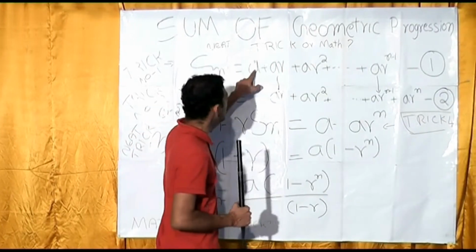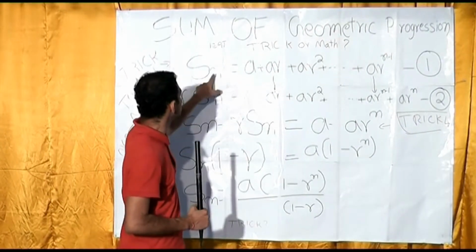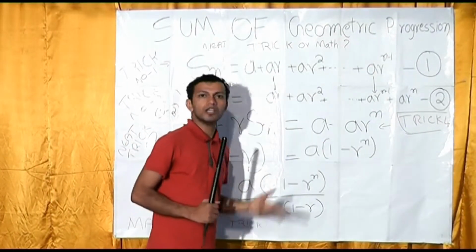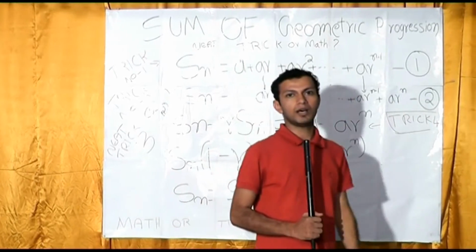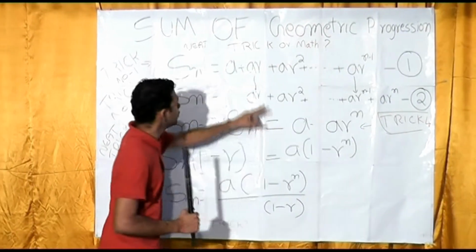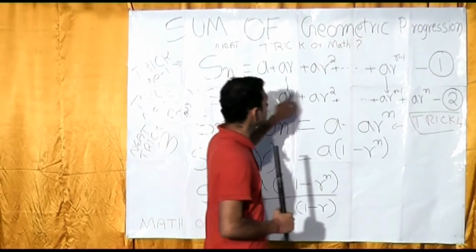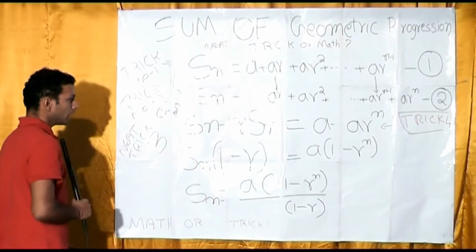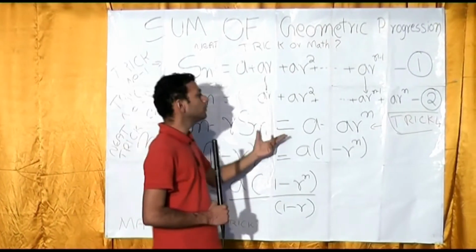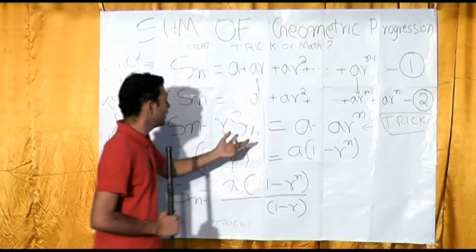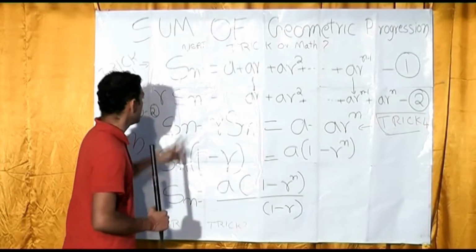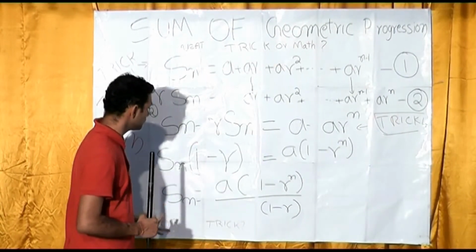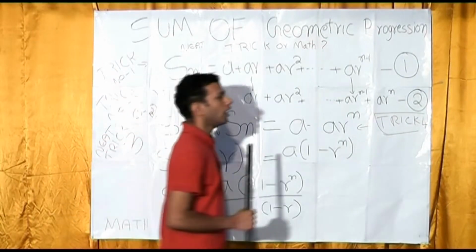That is, if you subtract directly like that, Sn minus r into Sn, a minus ar minus ar square, you won't get the final formula. So you need to use a trick that these terms are cancelled in the subtraction calculation. Finally, the simplification step comes in the fifth step, Sn minus r into Sn, so you take out Sn and finally get the answer.